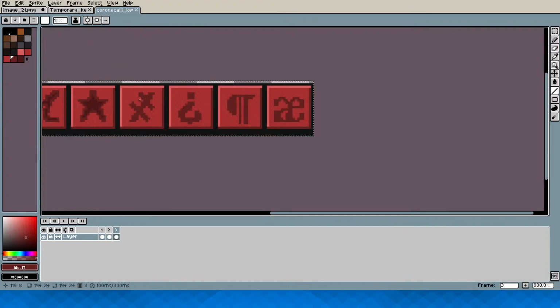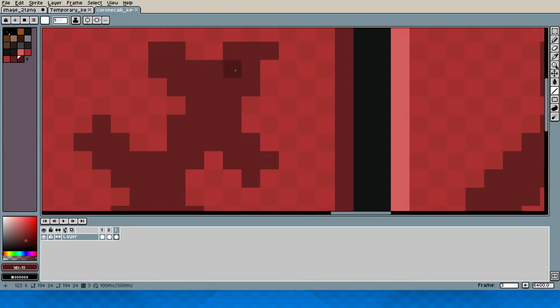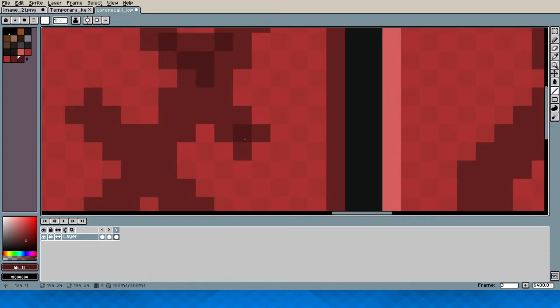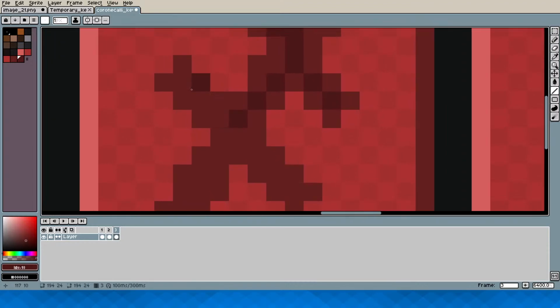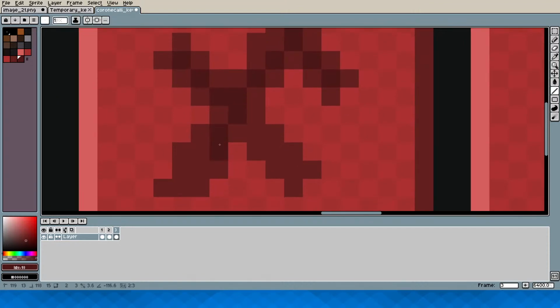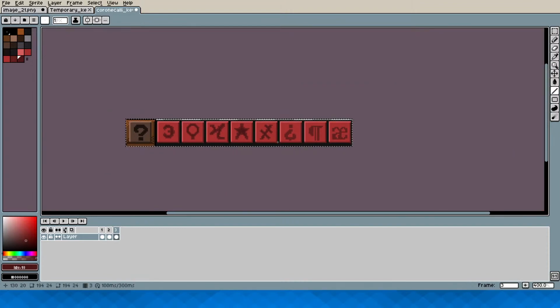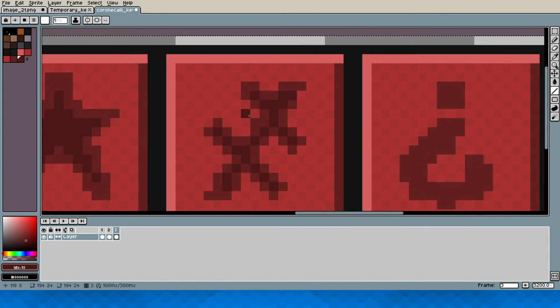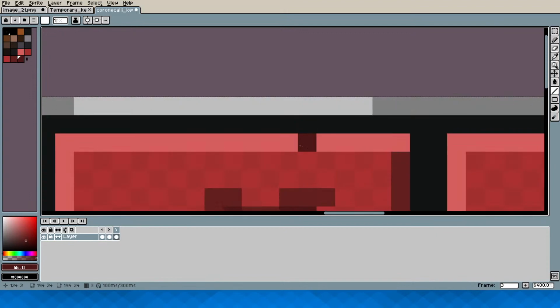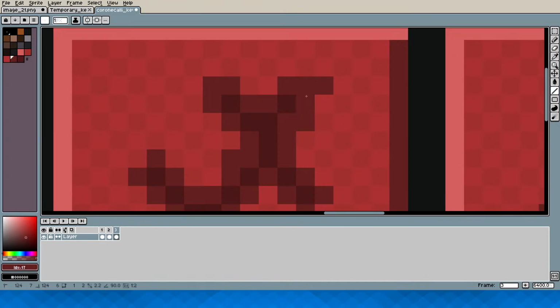I do not have the right color selected, that's it. Right. So I can connect these parts like this. Oh, that's not the spot I wanted to select. Does this work? This looks off for some reason. No, it looks even more off.